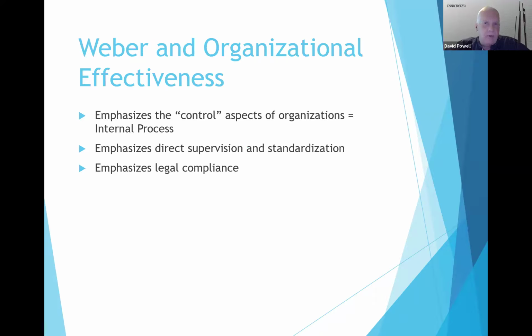Well, for Weber and his ideal bureaucracy, his theory will certainly emphasize the bottom two theories in our matrix of those four organizational effectiveness models. So the rational goal model as well as the internal process model. And this is a pretty easy one to categorize. Clearly the rational goal model, because our ultimate goal is to achieve the goal of creating these products, whatever we're creating in terms of our outputs that meet the needs of our consumers. We're trying to create a quality output.